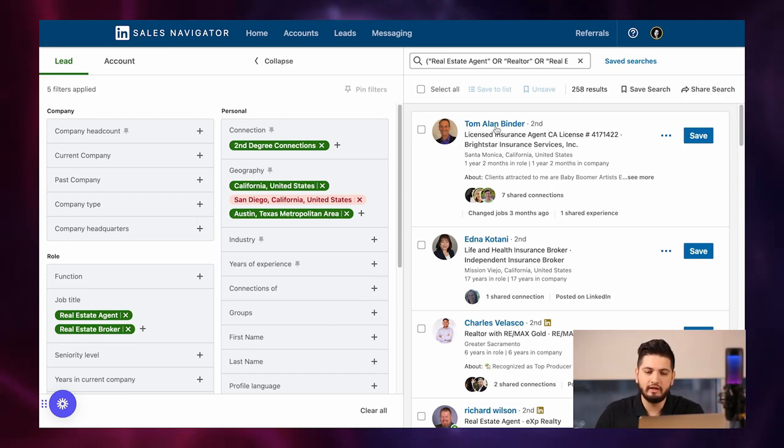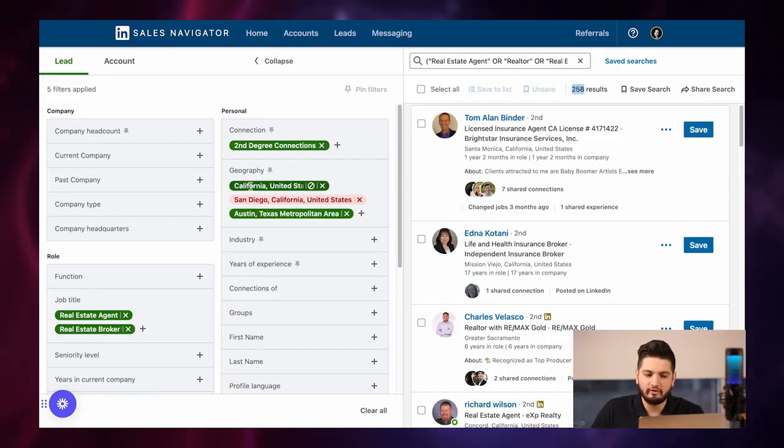And keep in mind, once you connect with Tom, he probably has another 500 real estate agents who he's connected with. This number will jump up to 758, right? So his new connections are your new connection, which is Tom. You're basically tapping into his entire network, and you have access to them so that you can reach out to them, prospect them, and basically book meetings with them. As you grow, as you start reaching out to more prospects and more prospects, this number will keep growing and